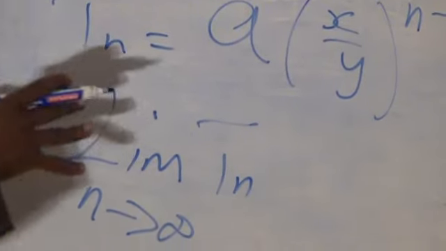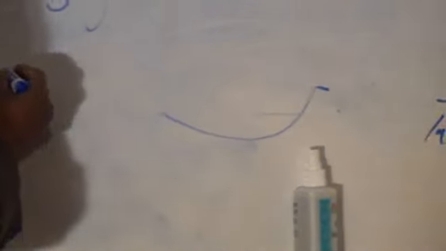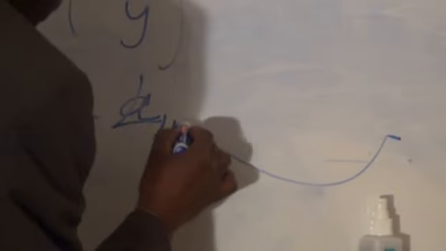We'll discuss this when we do functions later, the whole aspect of limit, will be equal to, can you see that? A, or the limit as n approaches infinity of a, which we know,